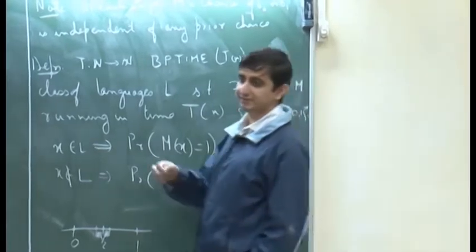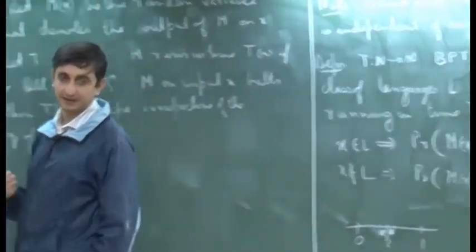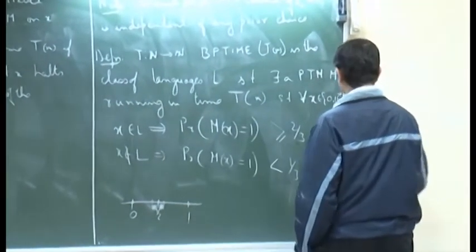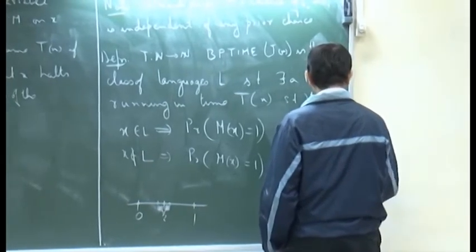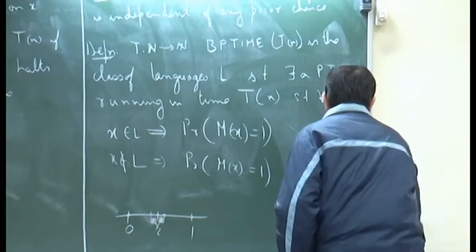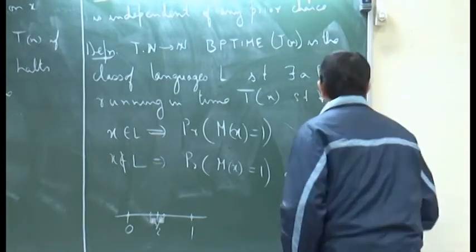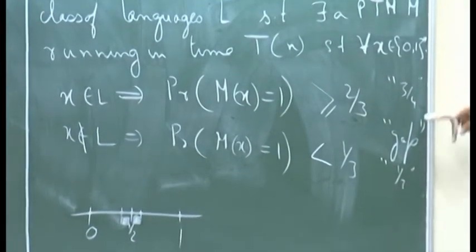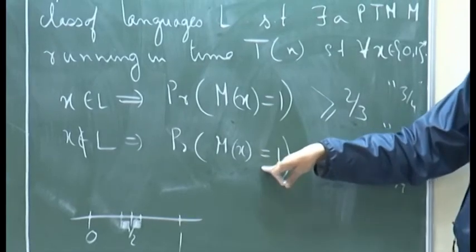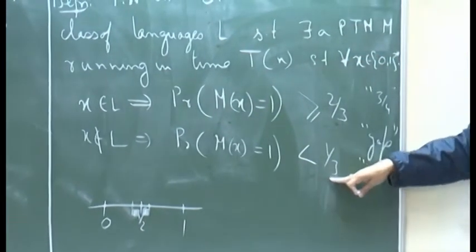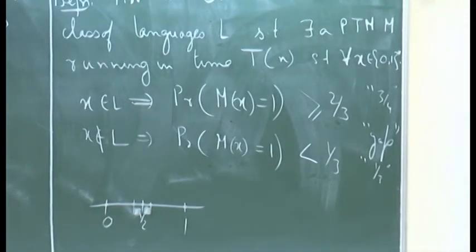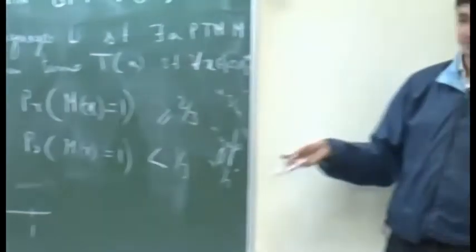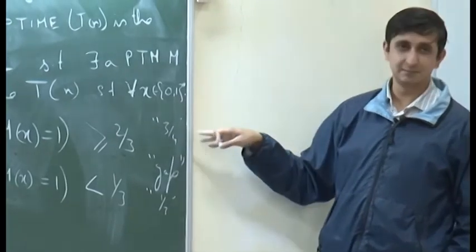So, what you can do is you can just flip the answers at the end. Okay, so let us look at that. So, suppose the sum is not 1. Suppose you have maybe a 3/4 here, and you have a 1/3 here. Okay. So, we know that 3/4 is greater than 2/3. So, if the probability that M accepts for a string that is not in the language is less than 1/3, it is also less than 1/4, right. So, therefore, we can just pick that constant to be the minimum of whatever these two constants are. I mean not the minimum, 1 minus this number and this number.